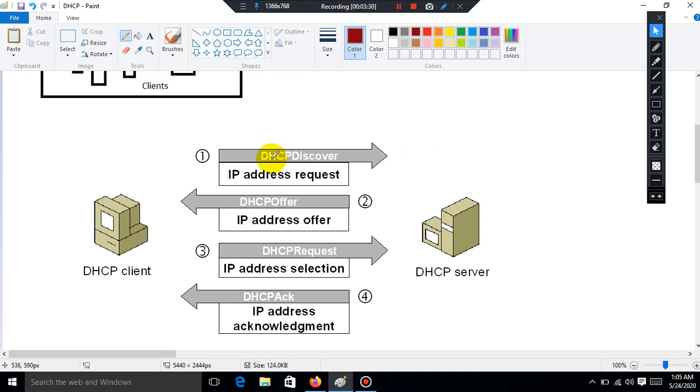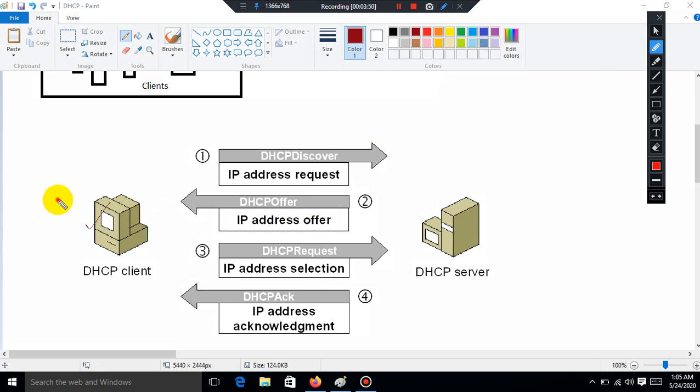First one is the DHCP discover message. Suppose this is our client. When I boot or power on this client, the client sends a DHCP discover message to the DHCP server. This message is a broadcast message.